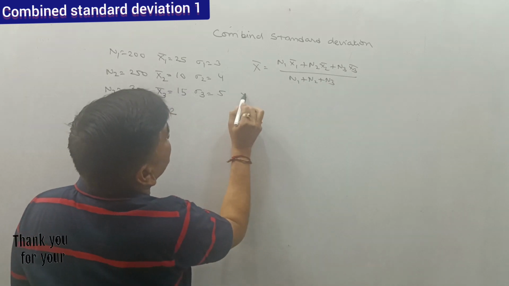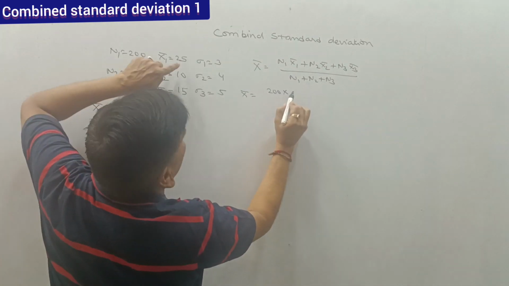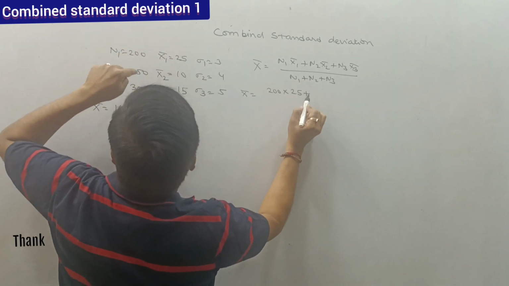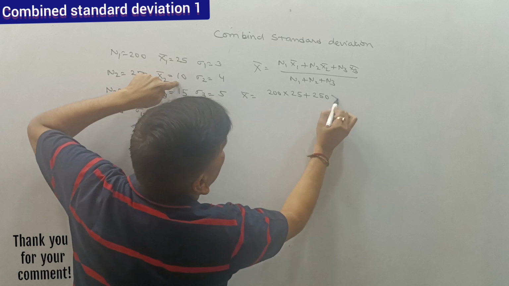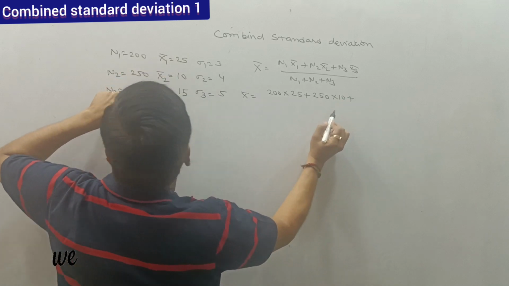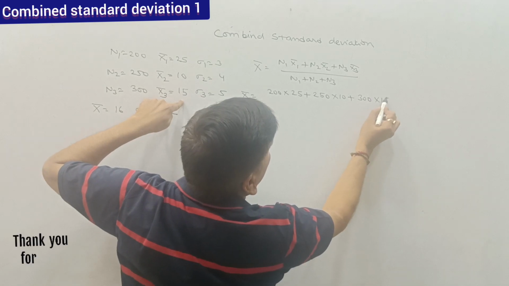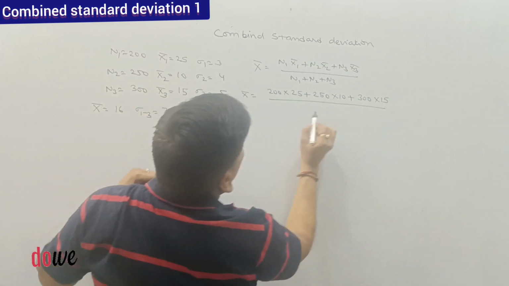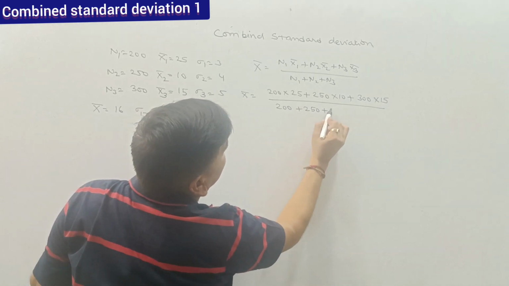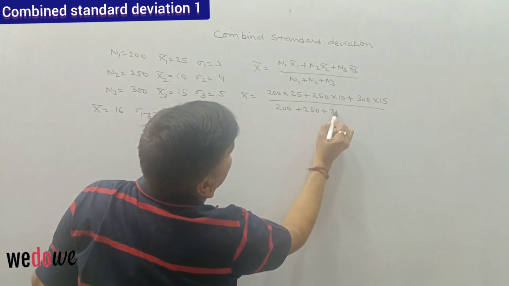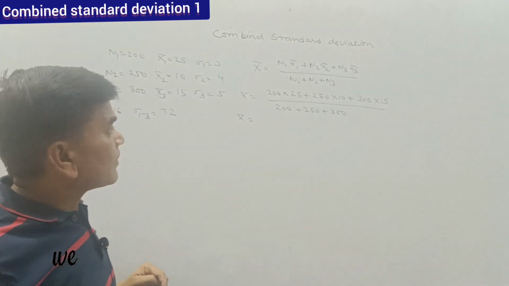Using the formula, that is 200 multiplied by 25 plus 250 multiplied by 10 plus 300 multiplied by 15, divided by 200 plus 250 plus 300. So the combined arithmetic mean will be